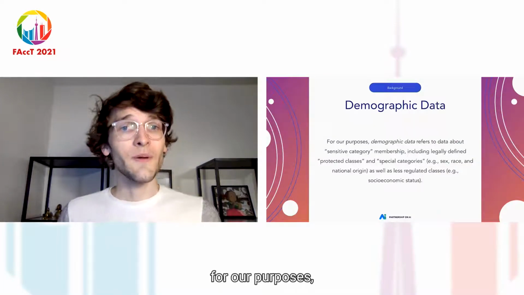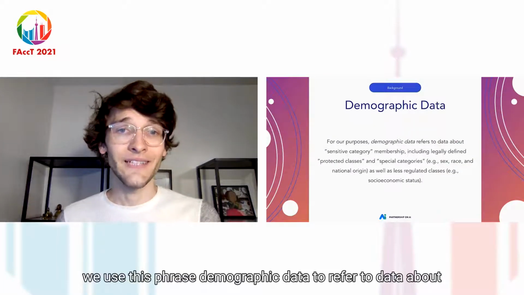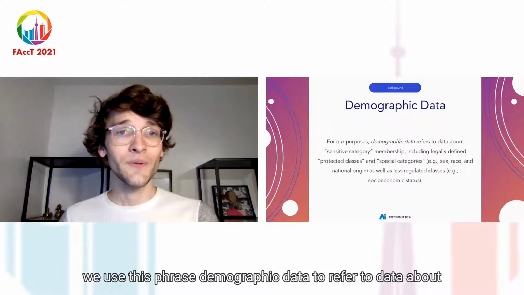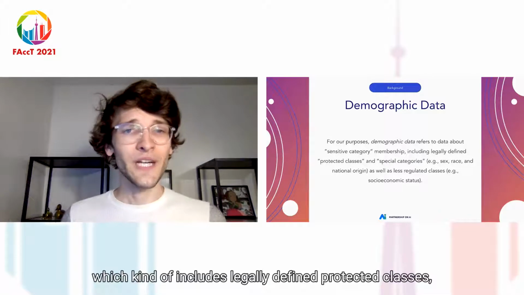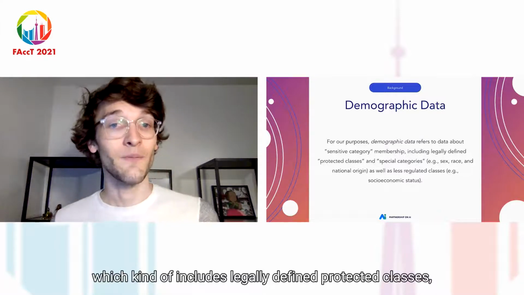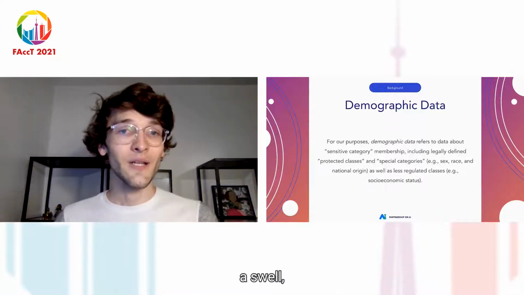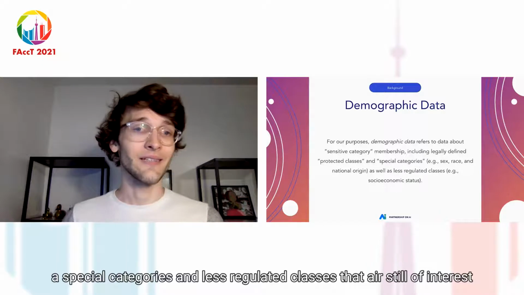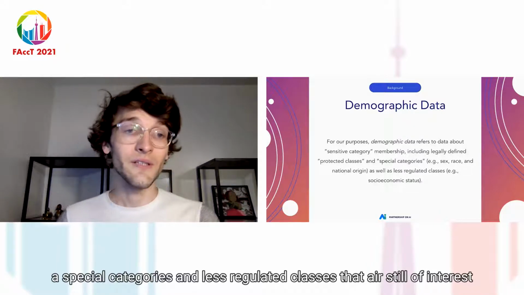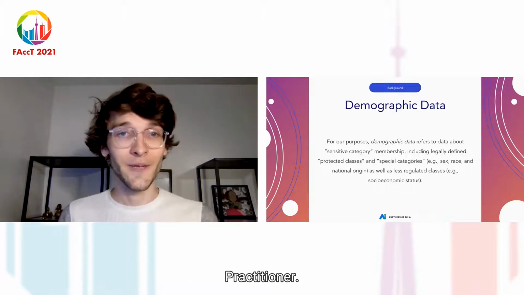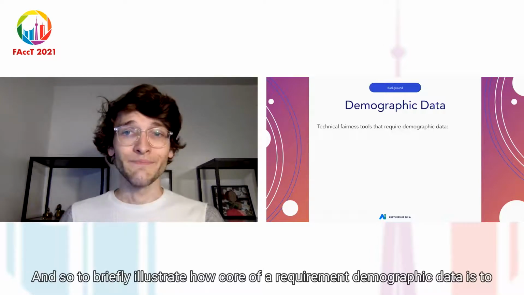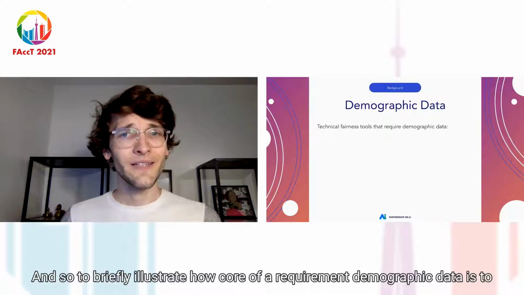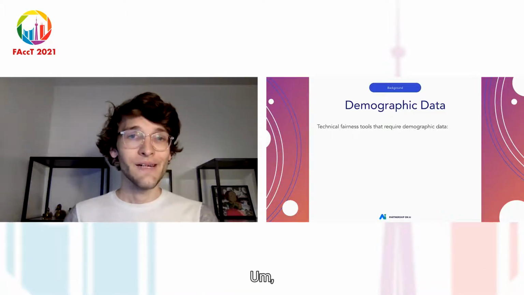For our purposes, we use the phrase demographic data to refer to data about sensitive category membership, which includes legally defined protected classes, as well as special categories and less regulated classes that are still of interest to fairness practitioners. To briefly illustrate how core a requirement demographic data is to algorithmic fairness,